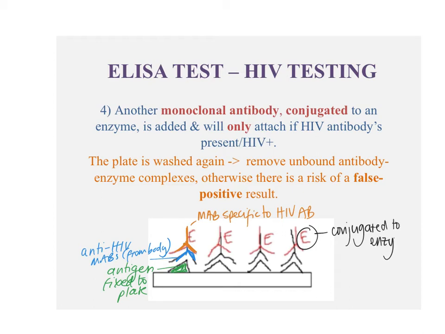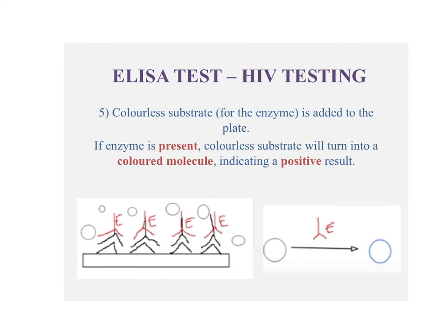And this is going to be really important in the next step after we've washed the plate again. We've got to get rid of all of those unbound antibodies and enzymes so we don't get an incorrect result. Now that enzyme is active, it's functional, it's bound itself to the monoclonal antibodies now, just here. And we're going to add a substrate. Okay, the substrate is complementary or specific to the enzyme. You don't need to worry about what the substrate is or anything like that, but we wash that over the plate. And if our enzyme is present because it's bound to the anti-HIV MABs,